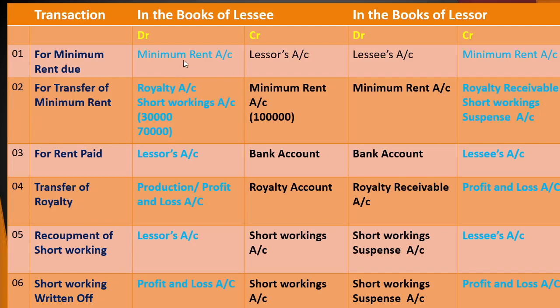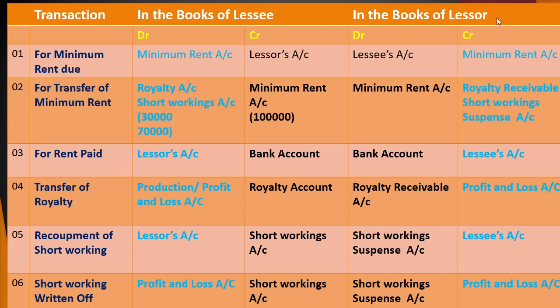Here all expenses and losses are treated as debit. So minimum rent account debit, and we have to make payment to lessor, so to lessor's account. So minimum rent account debit to lessor's account for the first one, minimum rent due, and the same entry will